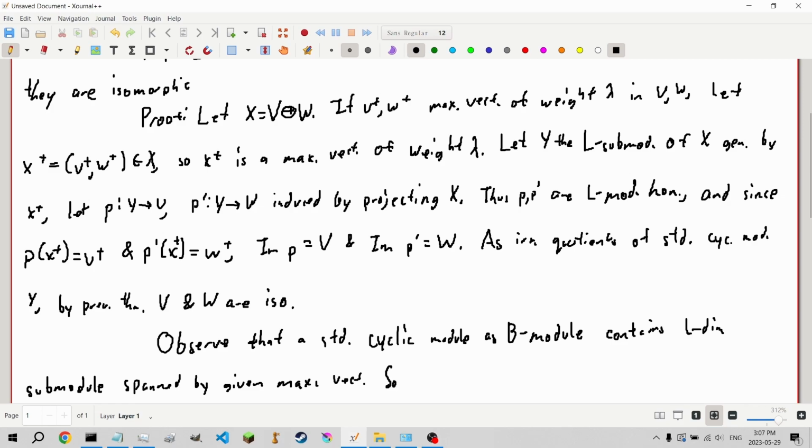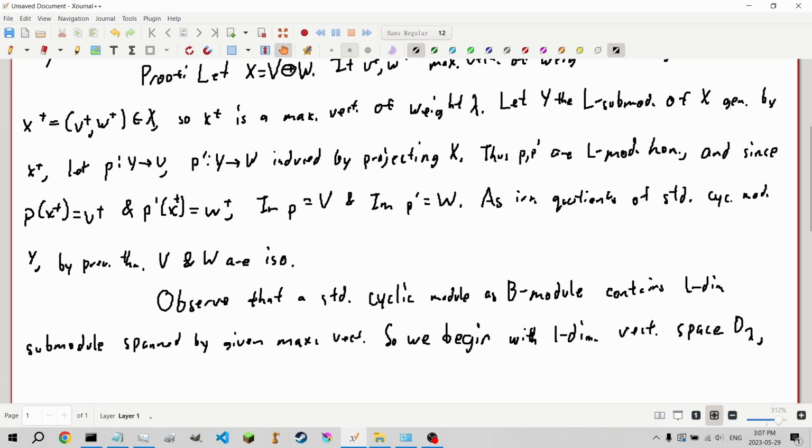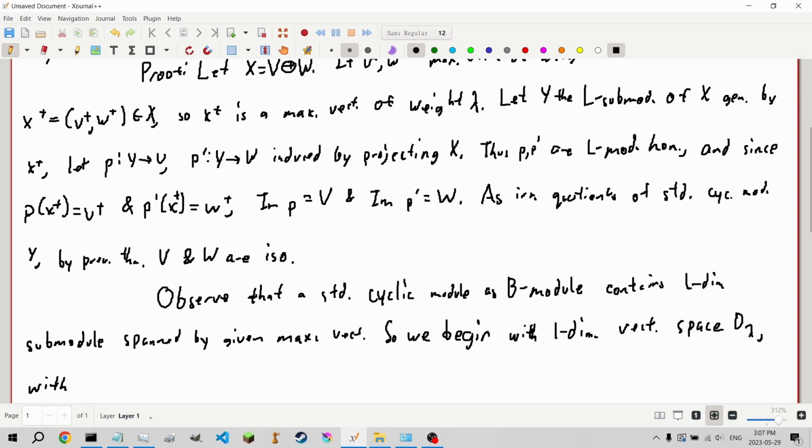So we begin our construction with a one-dimensional vector space D lambda with v plus as basis and define an action of B on D lambda by